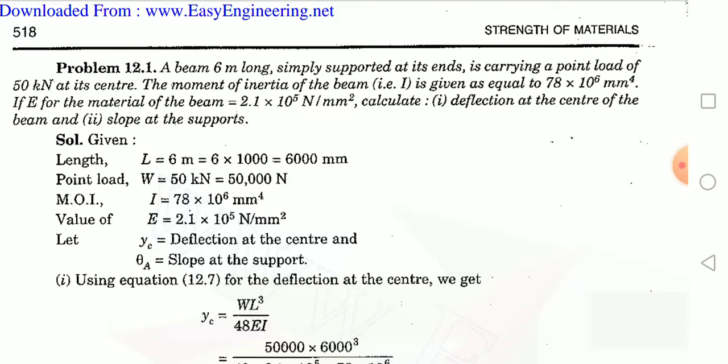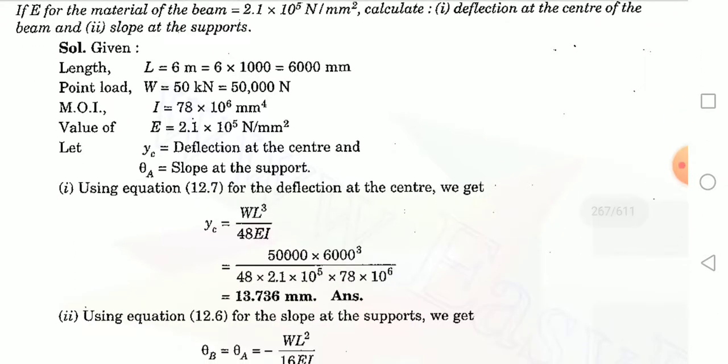And deflection at C is to be found out, and then the slope at the supports, that is the slope at the left end as well as the slope at the right end. Now the formula for finding deflection is y at point C equal to WL cubed by 48 EI. Now the load which is given is 50,000 into the length 6000 cubed divided by 48 into E 2.1